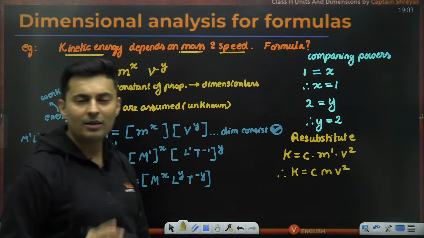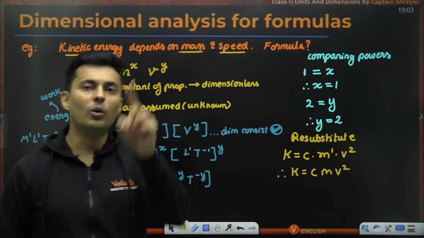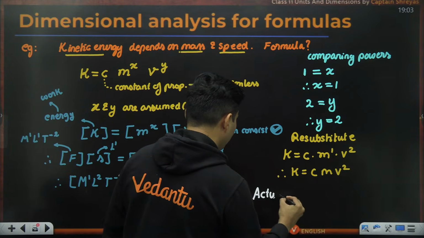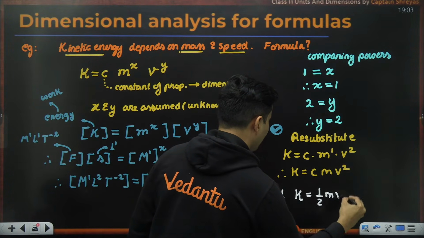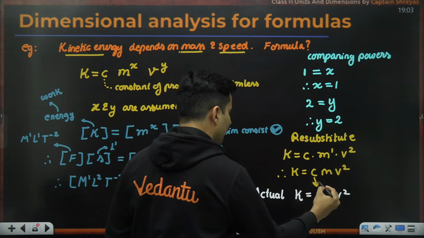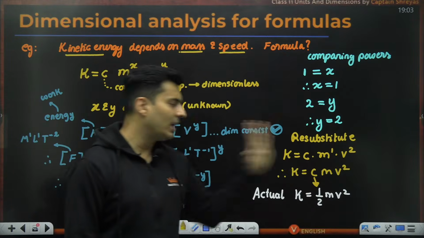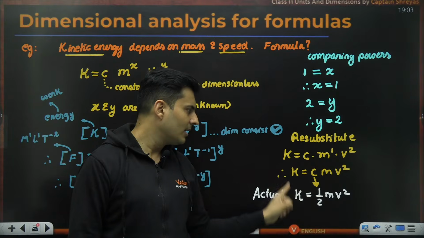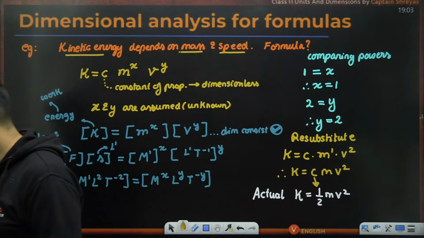Only till here we can get it. We can't progress further using the method of dimensions. But we know in reality, the actual formula of kinetic energy is half m v square. So this thing I cannot do by the method of dimensions. The constant can't be determined, but I know how the formula might look. The constant value is half, but you can see very nicely we have predicted the formula. Is this clear?